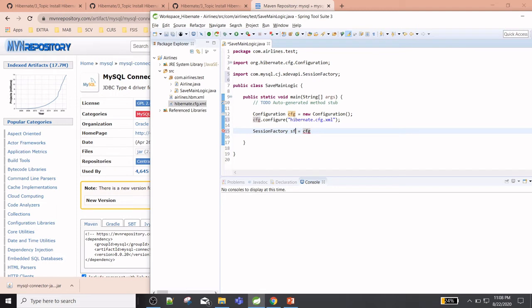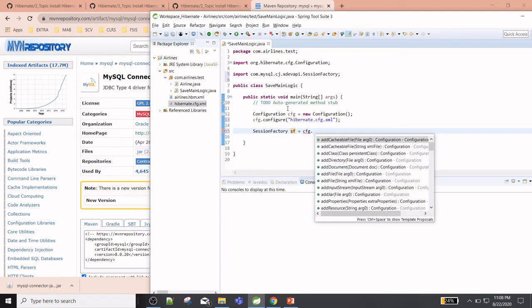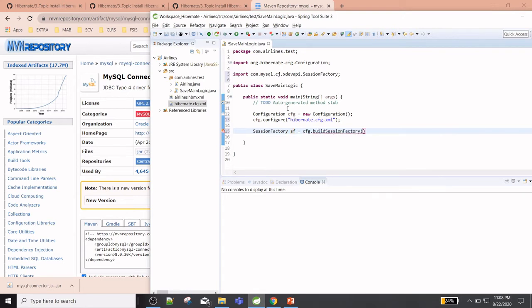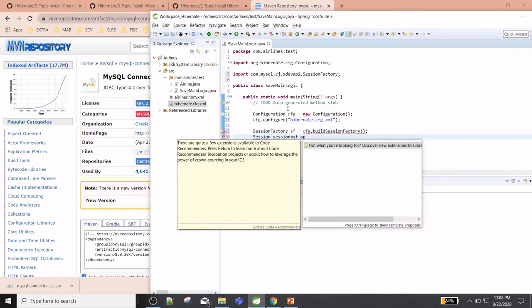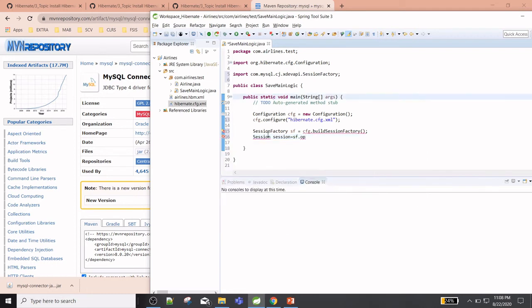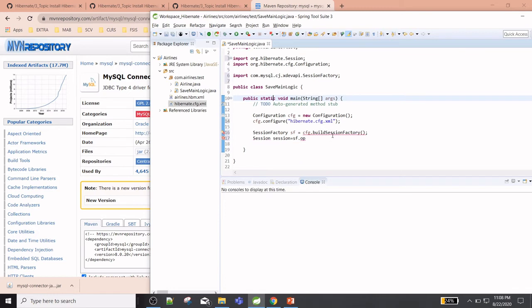I'm just using my own name; there is no issue, you can use anything. Build session factory. After using session, we don't require this.